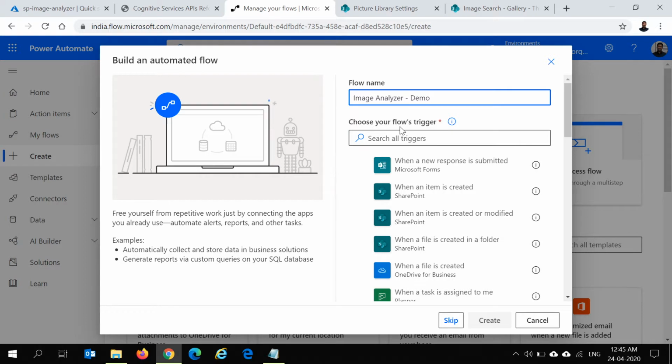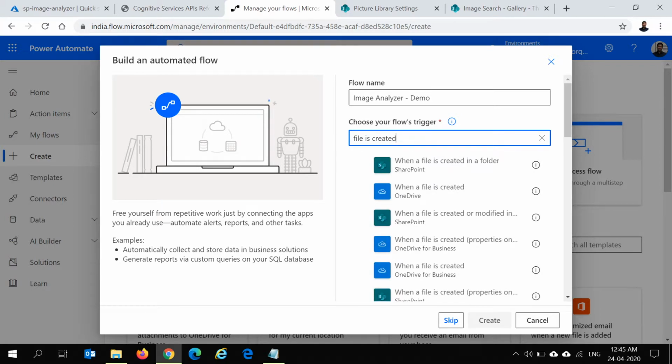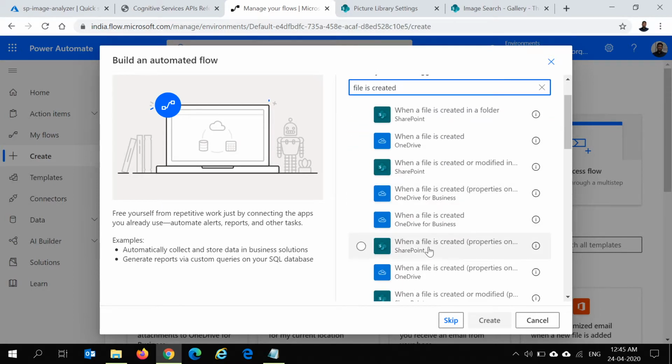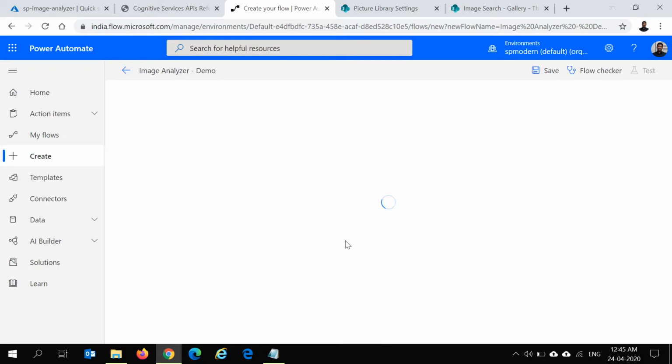Okay, let's not put a hyphen here. And the trigger action would be when a file is created, basically when an image is uploaded into my SharePoint image library, right? So that is my trigger action. I just clicked on create.